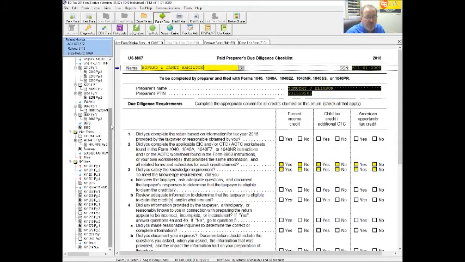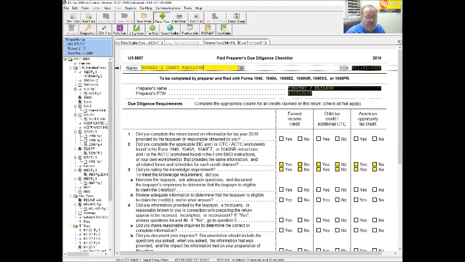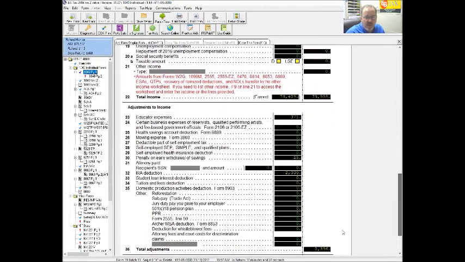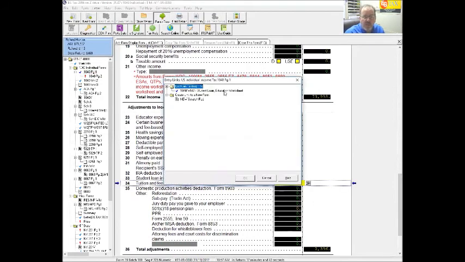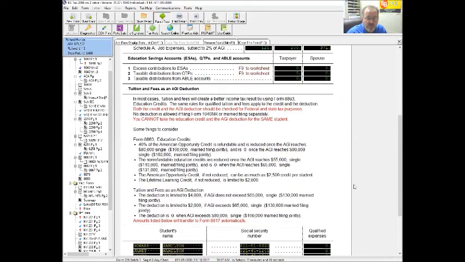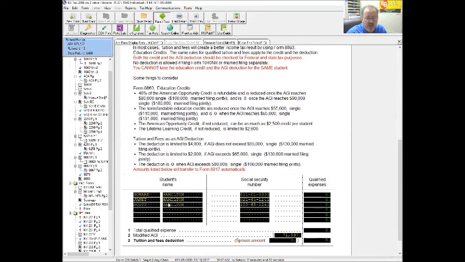I'm going to go to my 1040 page 1, go down to my adjustments to income, and take a look at this tuition and fees deduction. So I'm going to go in there and get my worksheet. It's actually on the bottom of the one where we saw the educator and the student loan interest. So I'm going to go to the bottom, and here's Janet, and I'm going to put this in here